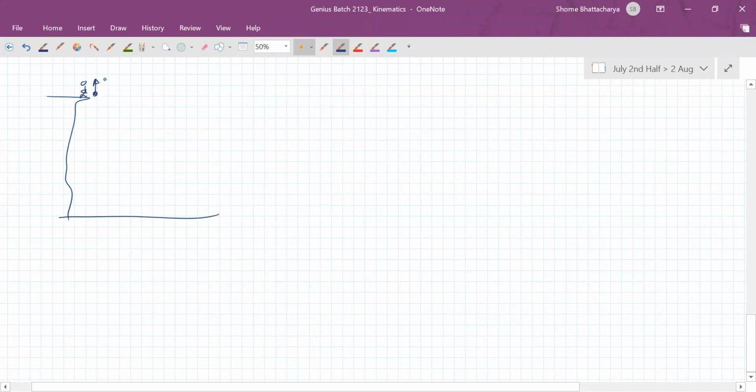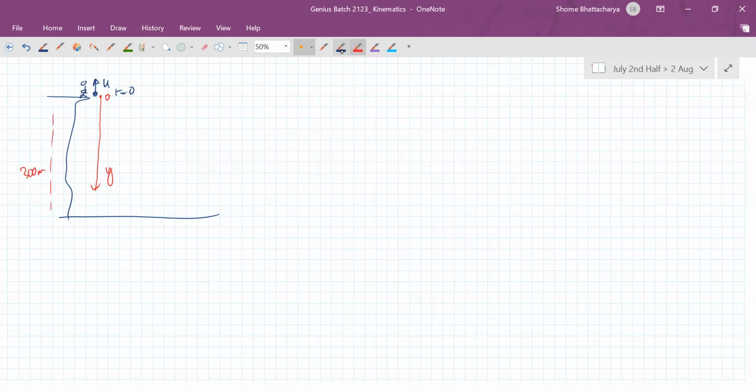So when you project it with some u at t equal to 0 like this, one interesting thing we can do is we can take the y-axis downwards and take this point as our origin. So this distance being 300 meters. So what we'll see is that when it reaches the ground at t equal to capital T equal to 10 seconds. So if you take y-axis downwards,